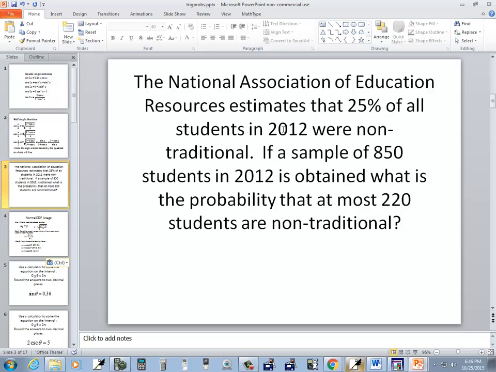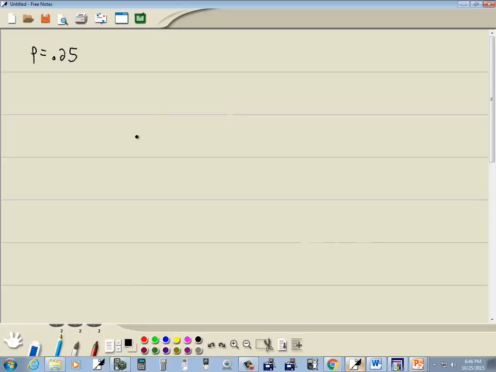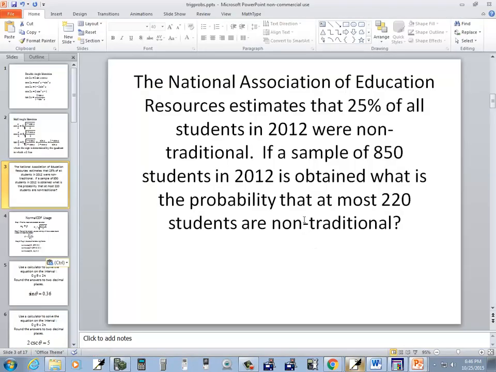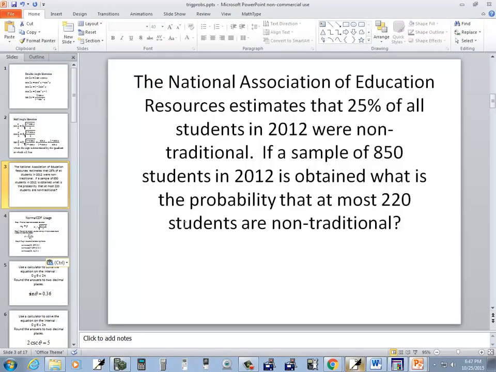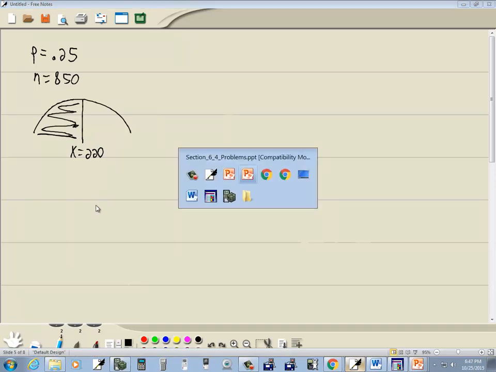And then it says if a sample of 850, now we're talking about a sample. So n is 850 students in 2012 was obtained, and the probability that at most 220 students are non-traditional. So at most, that's x, 220. That means we shade to the left, because it's at most. It's not greater than that. Okay, and what's the probability? So now that we have that set up,